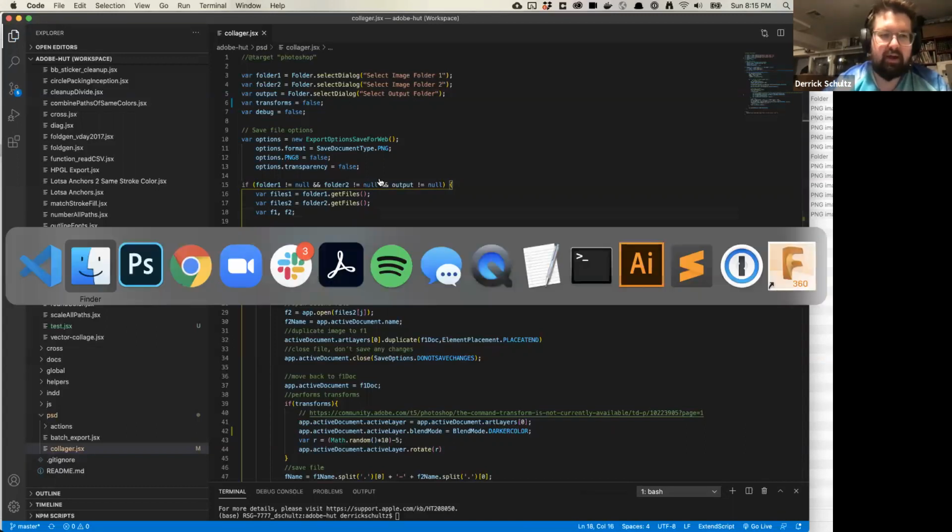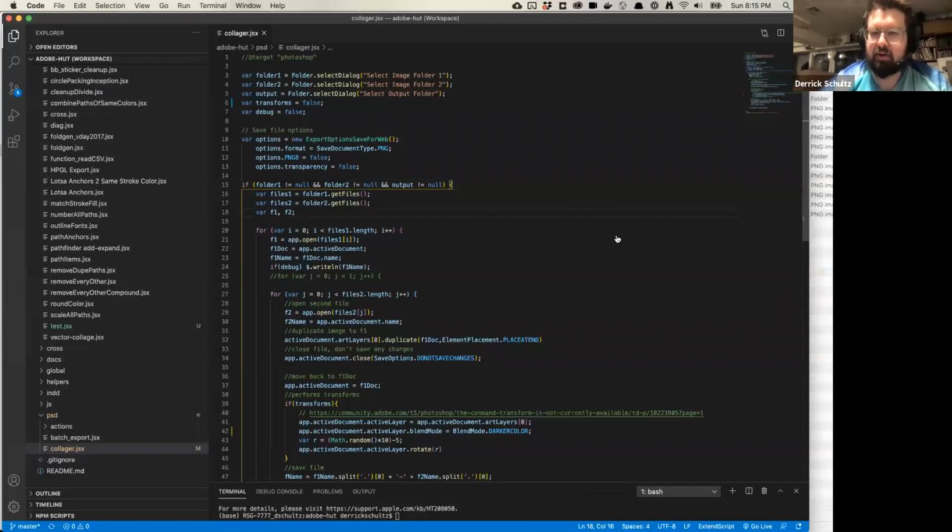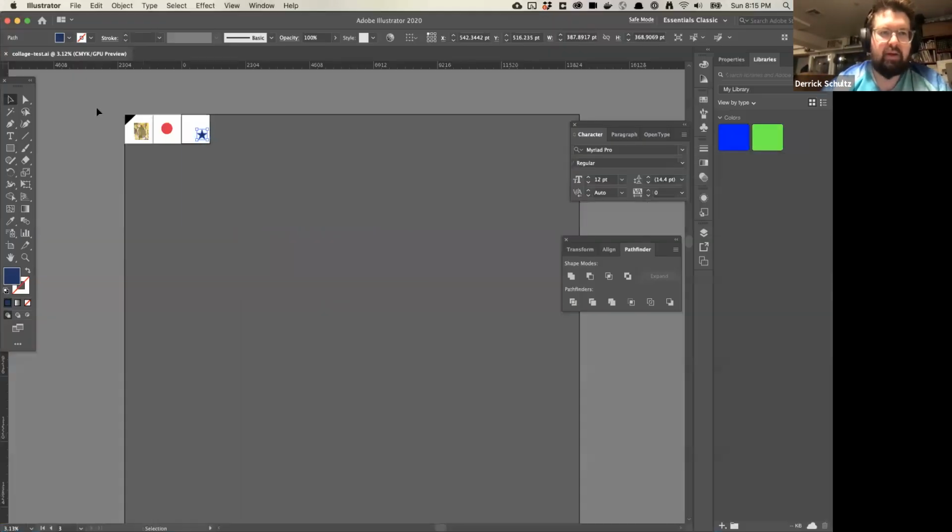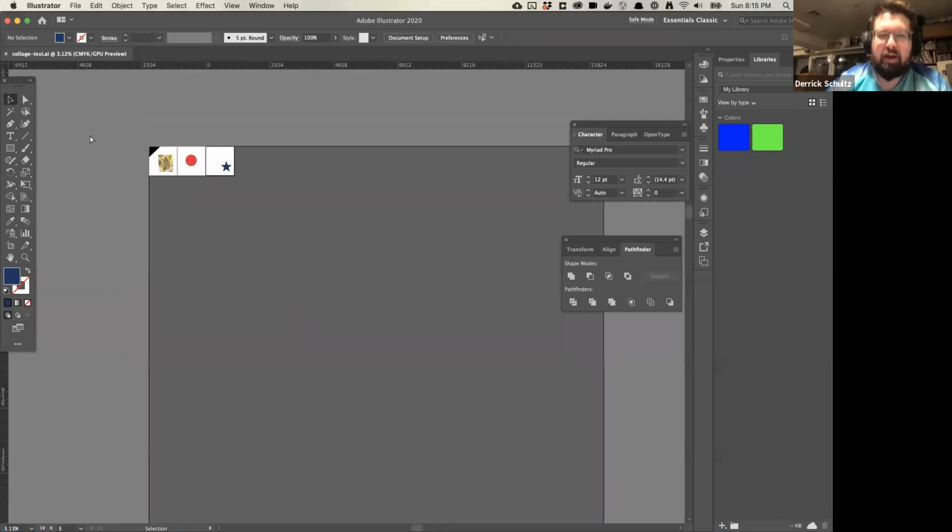Cool. Okay, so let's take a look at the Illustrator script. So I'm going to go ahead and open up Illustrator. I already have what's called my collage test here. So let me just talk about what I'm doing. Again, this is just a different technique compared to Photoshop, right? In Photoshop, I might be working through folders. I could also iterate through layers if I want to stick everything in one file, but I find that gets a little bit confusing because you have to iterate through layers, which doesn't always make sense. So sometimes working with folders in Photoshop tends to make more sense.